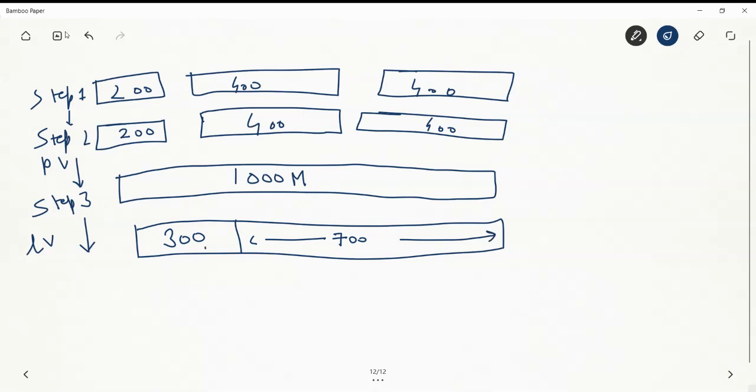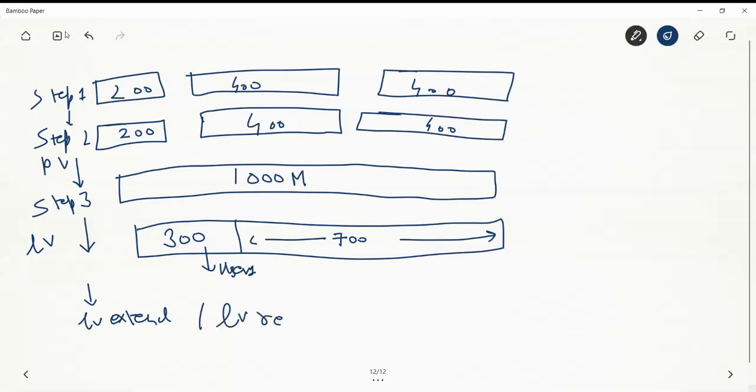Now this logical volume can be given to a certain user. User 1 can be given this space, and when he needs more space, it can be given from the 700. If he is using less space, the space can be reduced, and the same space can be given to different users. That is the concept of logical volume. If we wish to extend the logical volume, we can use commands like lvextend, and if we want to reduce, we can use commands like lvreduce.